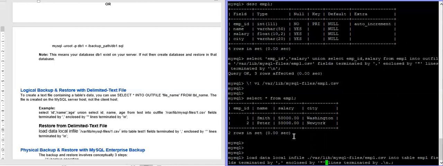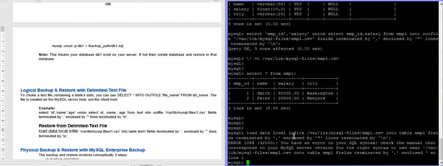In single quotes you will have to write a double quote, and the lines terminated by new line. Okay, let's do that. There is one more dot that came here. I don't know why. Let's remove that. Okay, now let's fire this command.